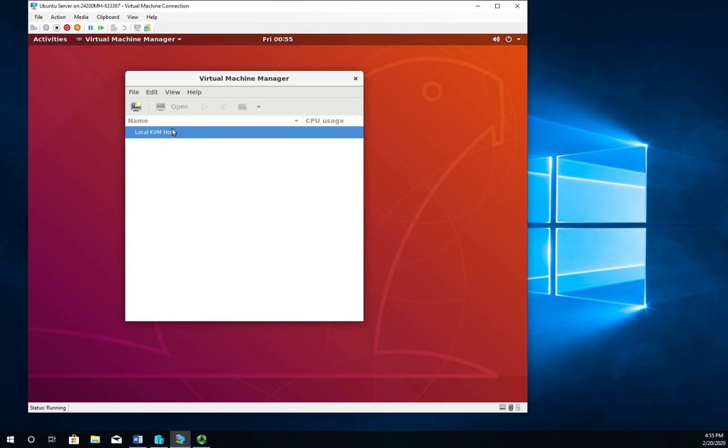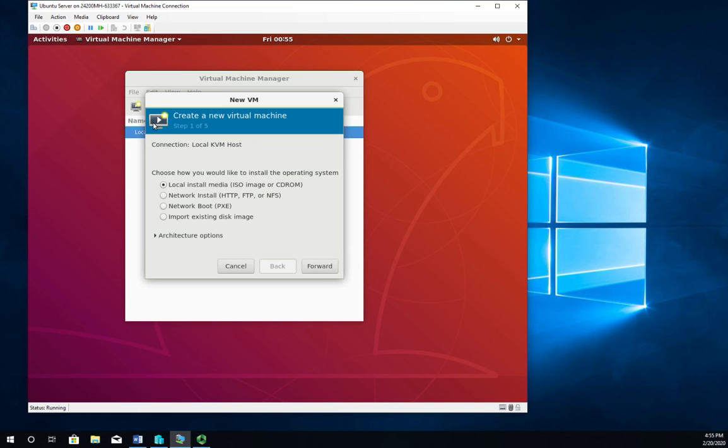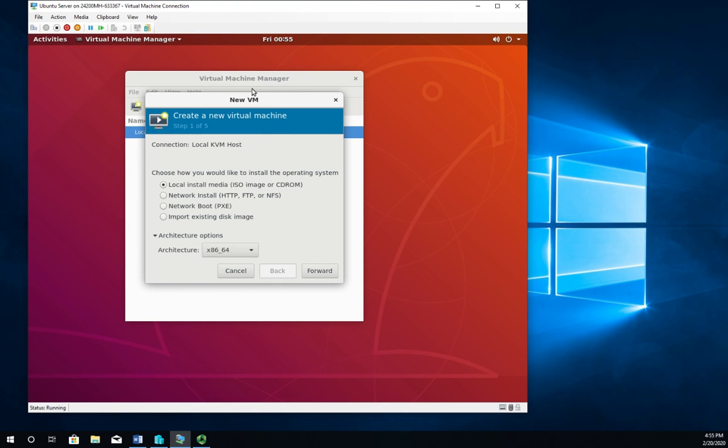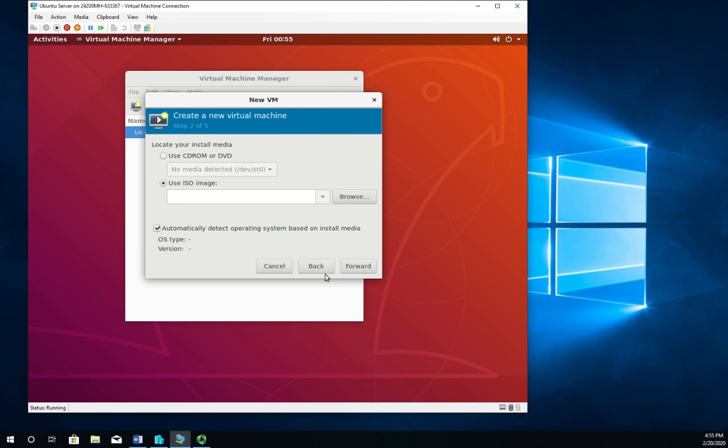So I want to create a new virtual machine, and that's right here. Create a new virtual machine, and we can install from local media, from the network, from a PXE boot, or we can import an existing disk image. This also gives us the option to replicate different types of architecture. So you'll see all that down here. We're going to stick with the x86-64, the Intel model, and we will forward through our